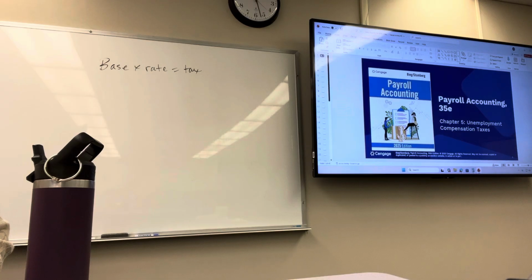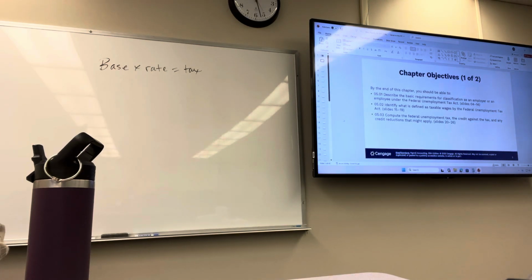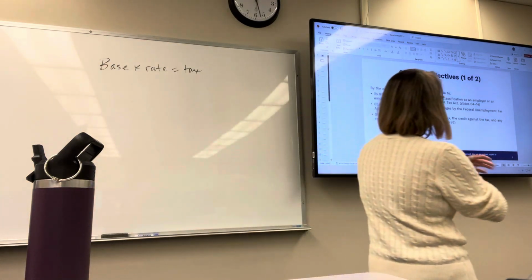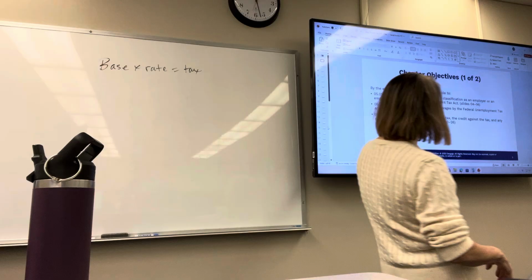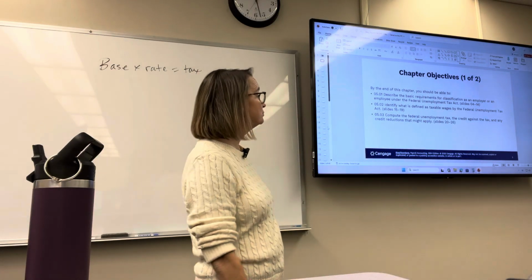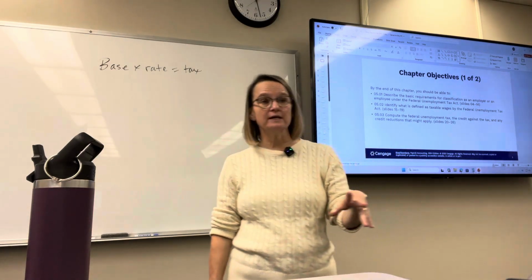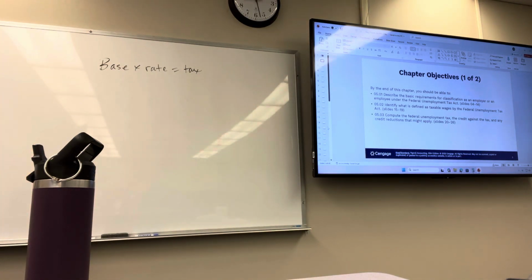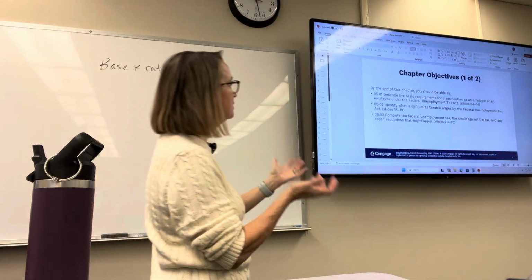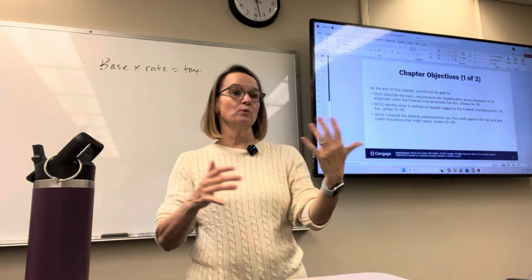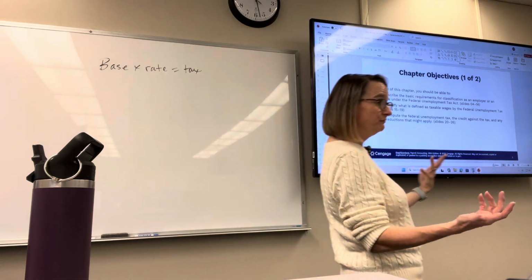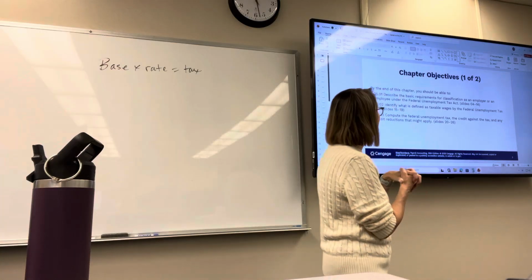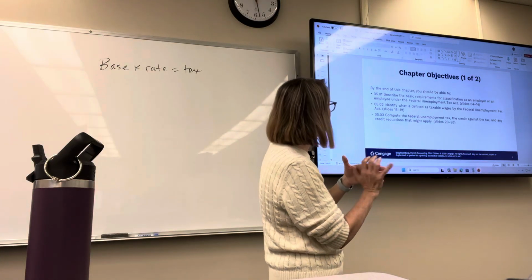All right, so let's get started here. Our objectives for this whole chapter, I kind of gave you a rundown of what we're going to do today, but for the whole chapter, we're going to describe the requirements for classification as an employer or an employee under federal unemployment tax. We do this with every chapter because we're talking about different types of taxes that are applied to employees. We need to define what exactly is an employee. Lucky for us, that definition doesn't really change for purposes of unemployment tax, so it's mostly a review.